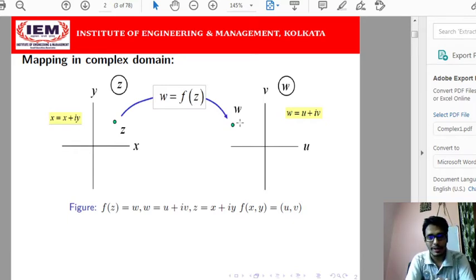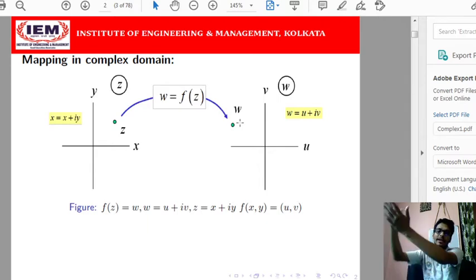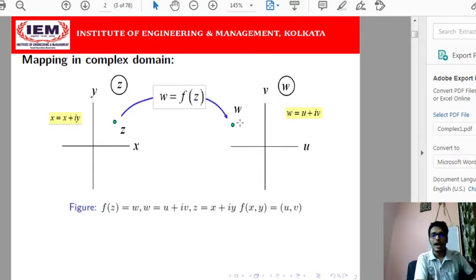That is the significance, because whenever we define a real valued function, I can get different points in 2 dimensions, I can get different points in 3 dimensions, and if I join them, I will get an equation of a curve, or an equation of a surface. I take arbitrary points, join them in one variable or 2 variables, and then I get some images corresponding to those. But here I am mapping a 2 dimensional geometrical figure from one plane to another plane. So that is the significance of mapping in the complex plane.